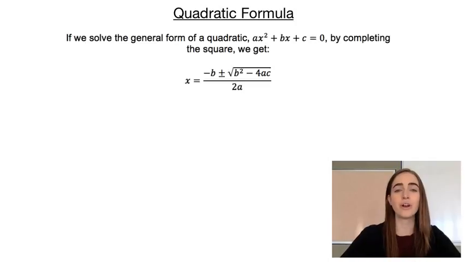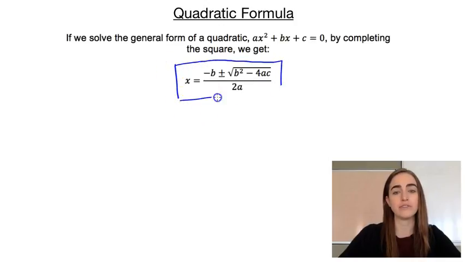In this video, I want to have a look at the quadratic formula. If we start off with the general form of a quadratic equation, ax squared plus bx plus c, where a, b, and c are all numbers, and we complete the square on that and rearrange it all, we end up with this here. This is called our quadratic formula,